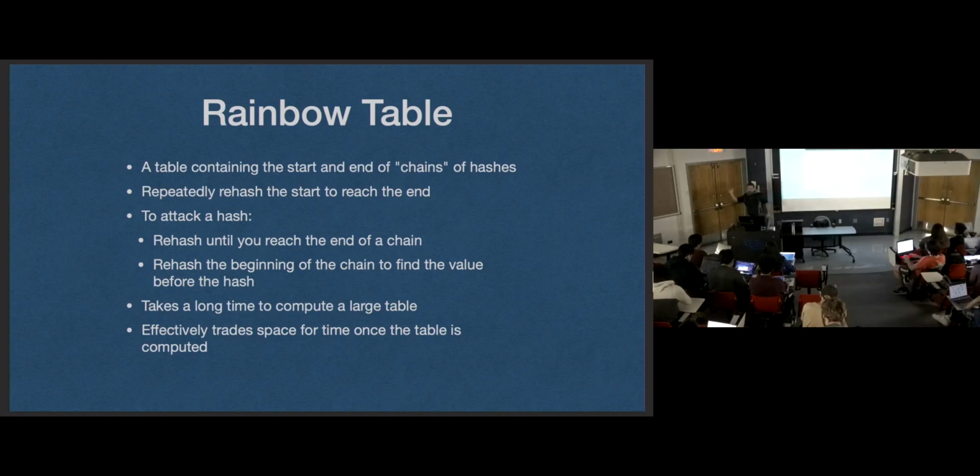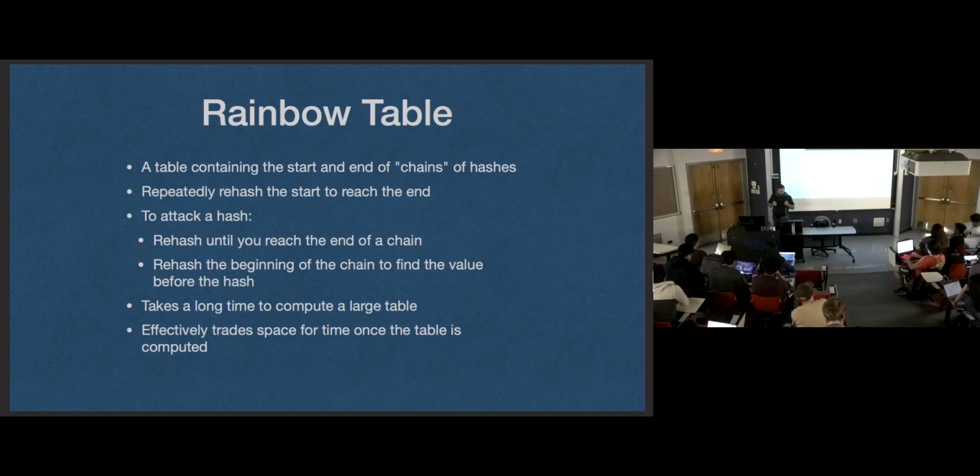And then what they do is store the first guess and the last hash, throw everything in the middle away, and just store those 2 things. Now what they effectively have is a chain of guesses containing, I'll stick with 1 million, 1 million guesses if they did that 1 million times, but they only have to store 2 values. So it's very space efficient to store lots of guesses in just 2 values. And then they do this millions, billions, trillions of times. These rainbow tables can be gigabytes large when each chain is just 2 values and you have gigabytes of data. That's lots of chains. That's lots and lots of guesses encoded in this rainbow table.